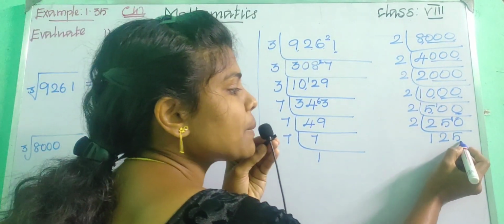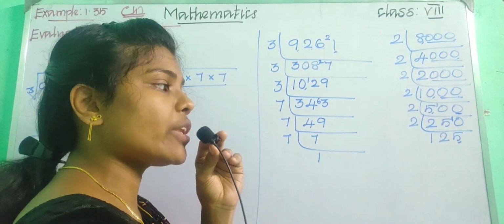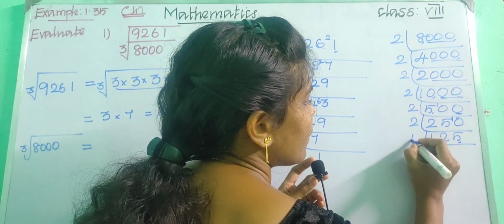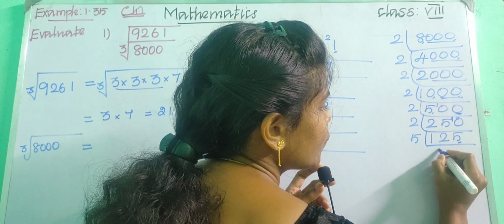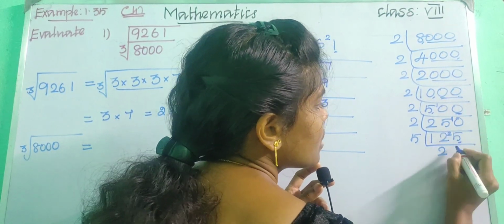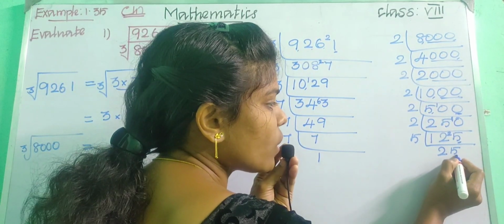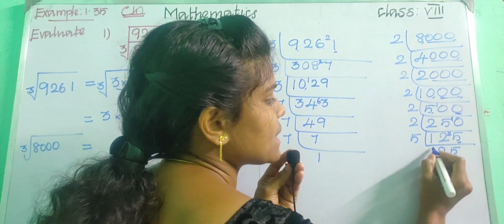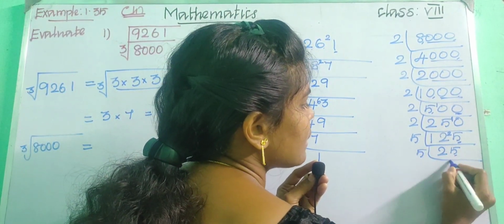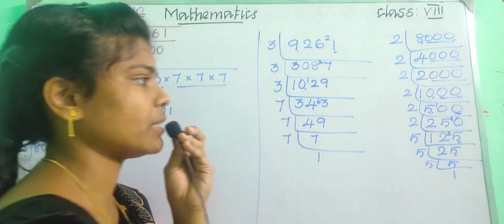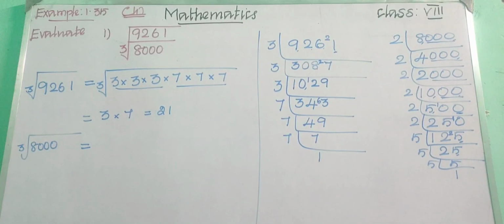See, in the units place now we got 5, so we can use 5 table, right? Now we can use 5 table, okay. 5, so 2 5s are 10, remaining 2, 5 5s are 25, okay children. Now we got 5, okay. Find the units place, so we can put 5, okay. 5 5s are 25, and again we can use 5, and 1 5 is 5, okay children. So now we got the prime factors, okay. Let us list that.